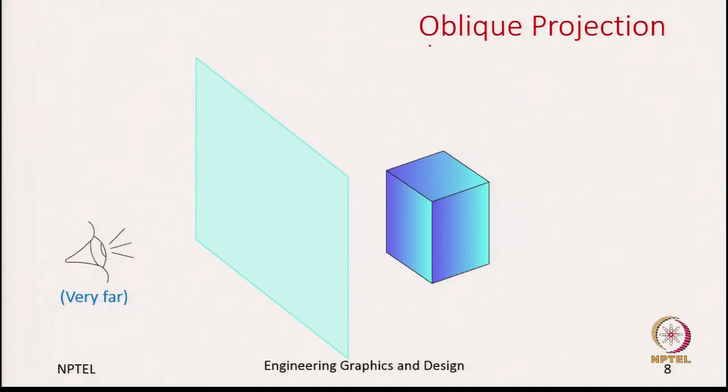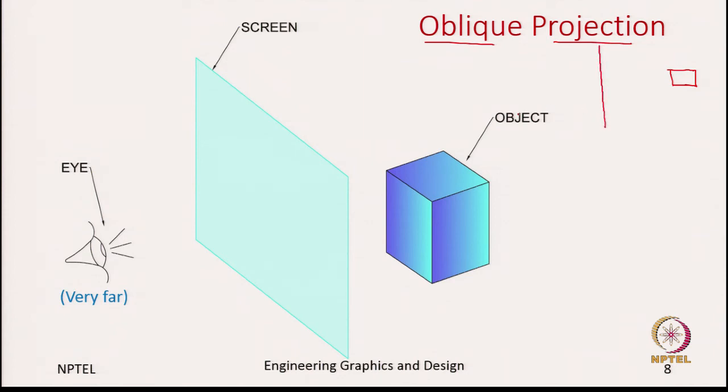Lastly, we will be looking at oblique projections. It will be easy for me to explain oblique projections. What we have here is three things: the object, projection plane and the eye. It will be helpful if we look at the top view of the observer, projection plane and the object. Let us say the object is here, we have the projection plane in front of the object, and the viewer, instead of looking right ahead, looks at it at an angle.